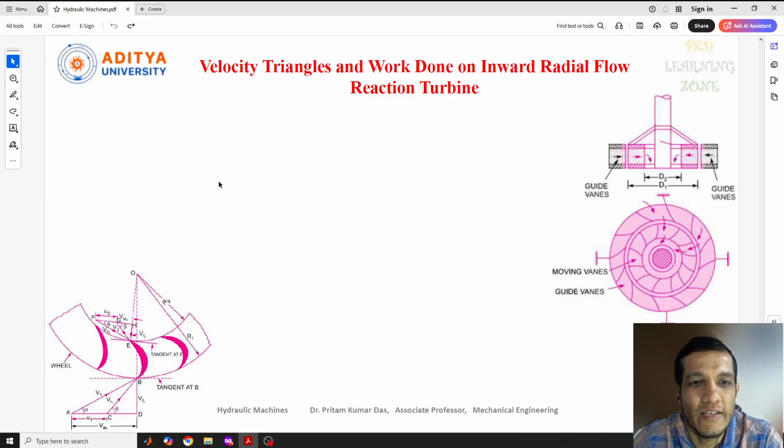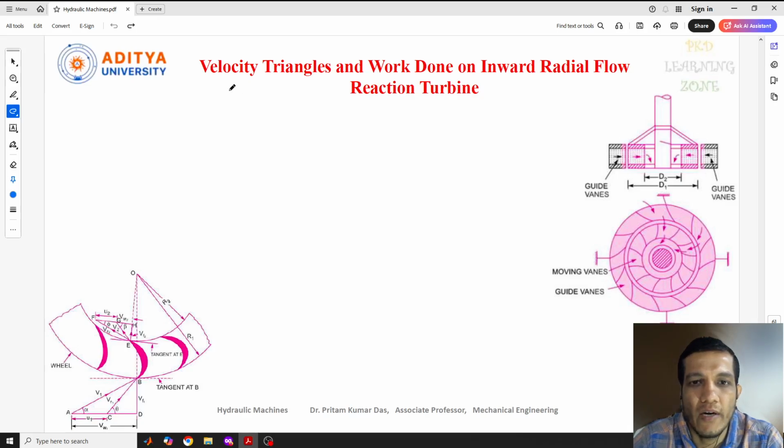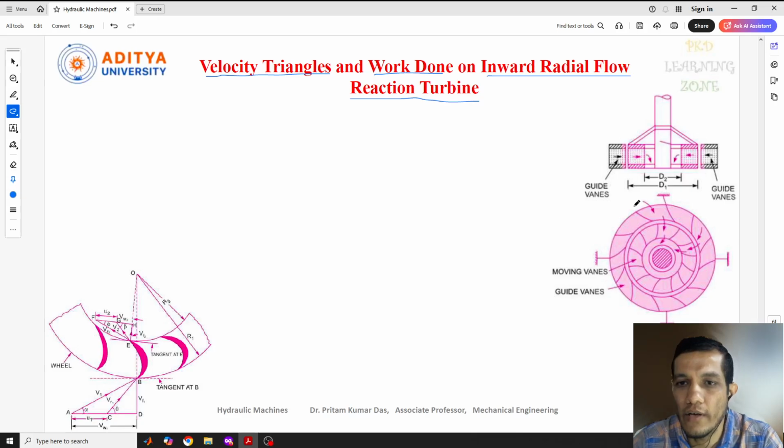In this lecture, we'll discuss the velocity triangles and work done on an inward radial flow reaction turbine. In our last lecture, we discussed the theory part of this inward radial flow reaction turbine. In this lecture, we'll draw the velocity triangles and find out the work done on the inward flow reaction turbine. So this diagram you can see is of an inward radial flow reaction turbine, and in this we can